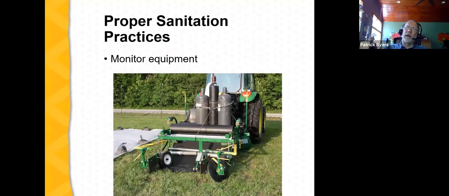Equipment can be a very effective vector of problems, especially soil-borne diseases and nematodes. This is an example of a bed shaper, and this particular bed shaper has been thoroughly cleaned and sanitized as it was moved from one farm to another. But I've seen many situations where farmers share equipment and they don't take the time and energy to clean and sanitize equipment. Just a small amount of debris on a bed shaper can spread nematodes widely through planting areas on another farm. So be very cautious about sharing equipment and make sure that you clean and disinfect equipment.